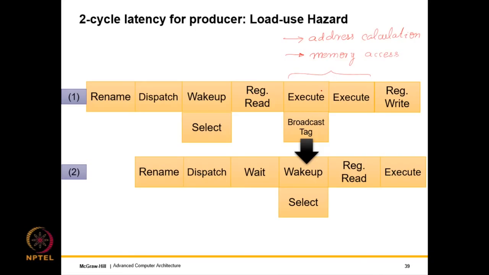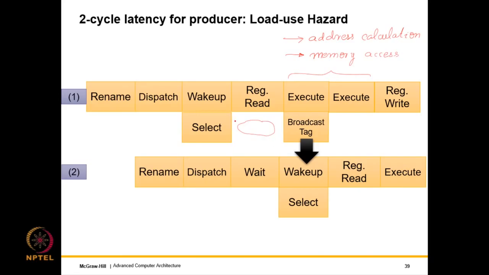So in this case, of course, back-to-back execution is not possible. It was not possible in an in-order pipeline as well. So there was a 1 cycle delay or a 1 cycle stall. So in this case, the advantage of an out of order pipeline is that we do the same, but instead of actually stalling, we can execute some other instruction in this middle cycle, right? We can execute some other instruction.